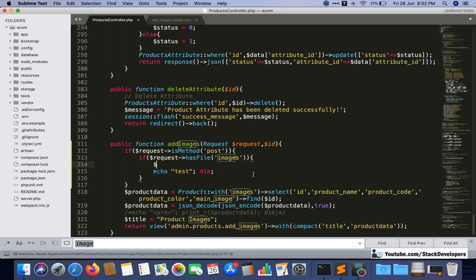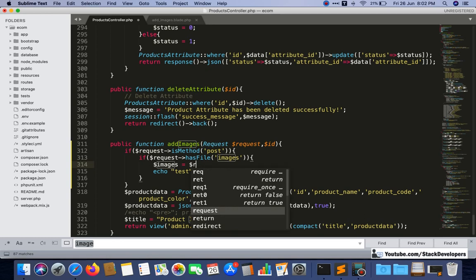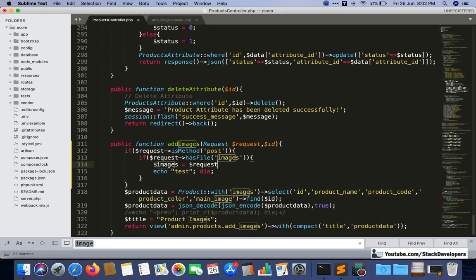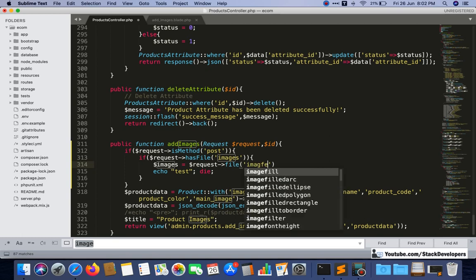So here I am going to do $images, and here I want to pick all images with $request file images, like this.